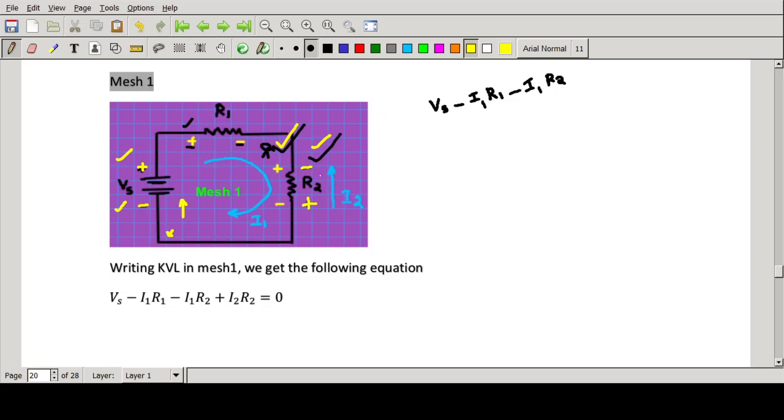Okay, so now the voltage drop across resistance R2 due to current I2 also you have to consider. Even from the point where you can see that it is from minus to plus, that means it will be plus, because it is minus to plus, increasing, due to which current? I2. So you can write it as plus I2 R2. So this is the equation. Now you can write it as Vs minus I1 R1 minus I1 R2 plus I2 R2 is equal to 0. So this is how you write the mesh equation, and you have to be very careful while writing the sign. So you have to be very thorough with the active sign convention and passive sign convention.